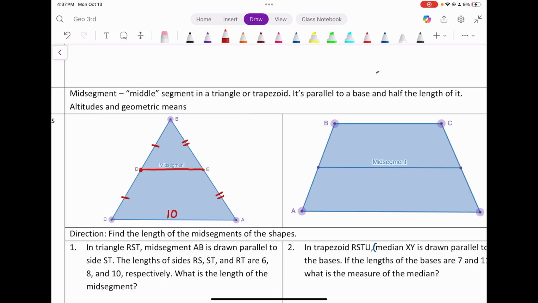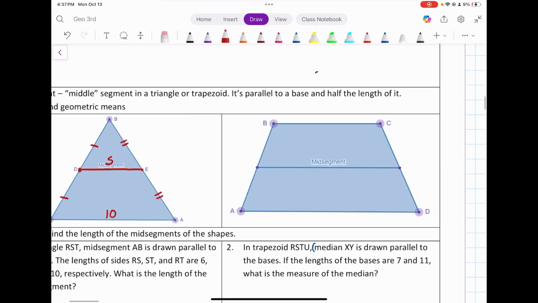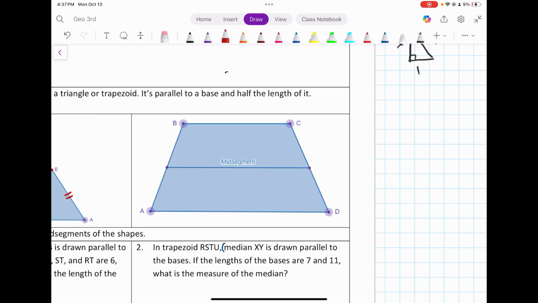If the base of that triangle is 10, the midsegment, since we're traveling pretty much all the way up that triangle and that base is shrinking as we go up, is simply half of that base of the triangle. Now the midsegment of a trapezoid, again, we find the midpoint of this side, find the midpoint